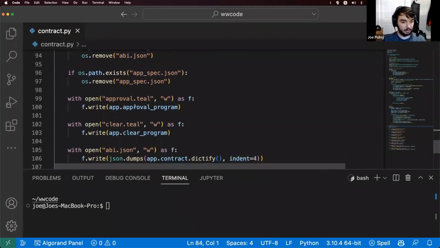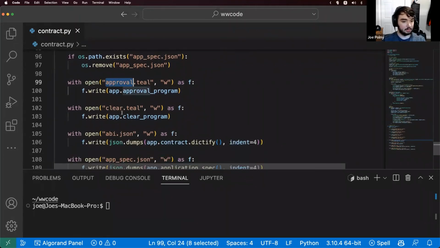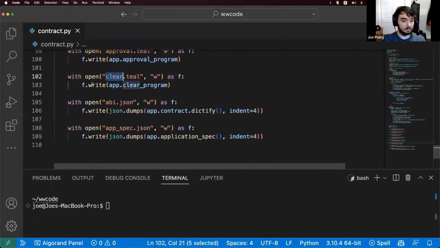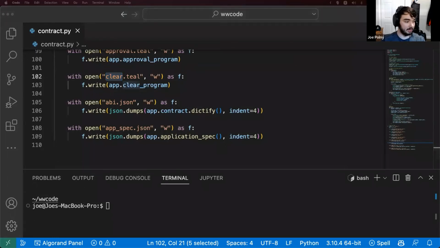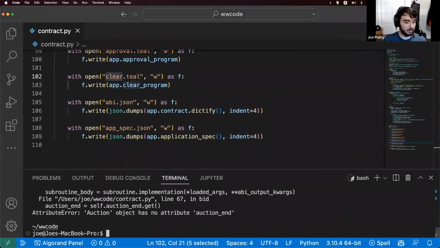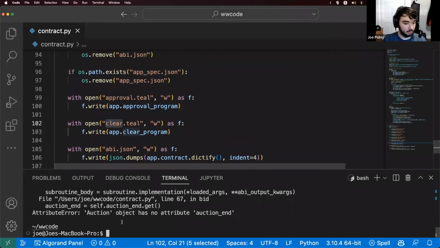So we're writing our approval program to approval.teal, clear program to clear.teal, our ABI JSON spec, which defines what the contract looks like, and I'll show you what this looks like, to ABI.json. Then our Beaker application spec, which is useful for generating front-end integration code, which I'll again go over afterwards. If I do python3 contract.py,